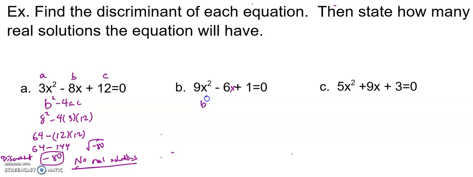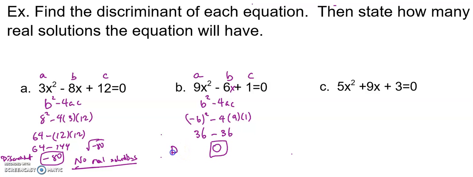In this case, my discriminant, b squared minus 4ac, b would be negative 6, a would be 9, and c would be 1. Well, in this case, I would get negative 6 in parentheses squared. Don't forget, whenever you plug a negative number in for a variable, you gotta put it in parentheses, times 4 times 9 times 1. So I get 36 minus 36 is 0. So my discriminant